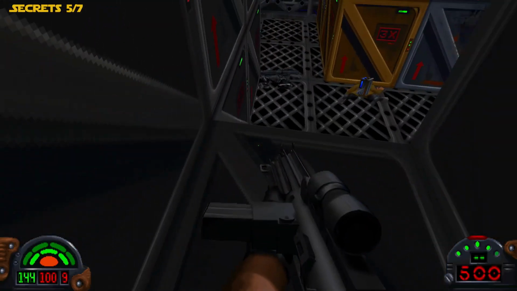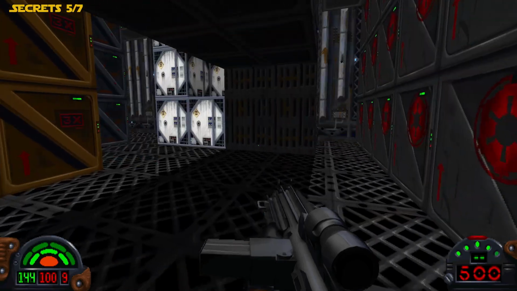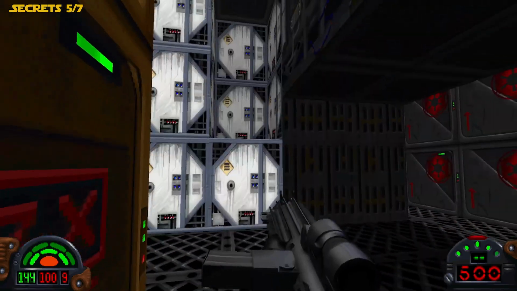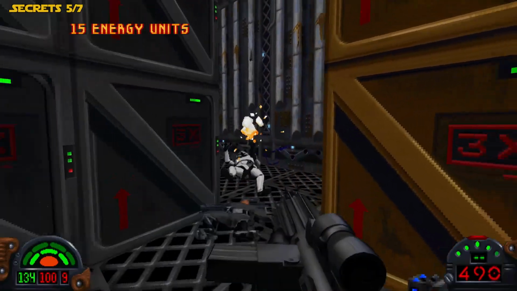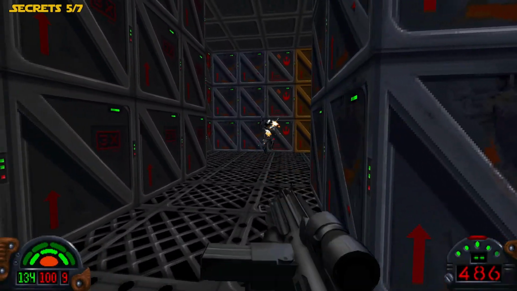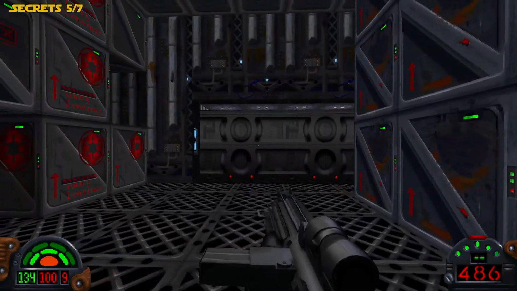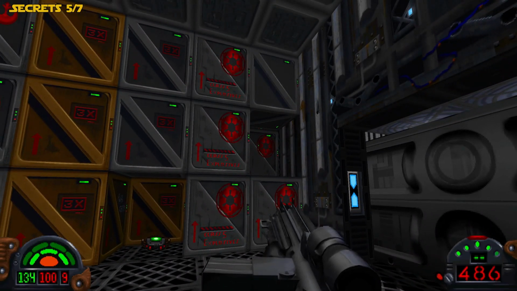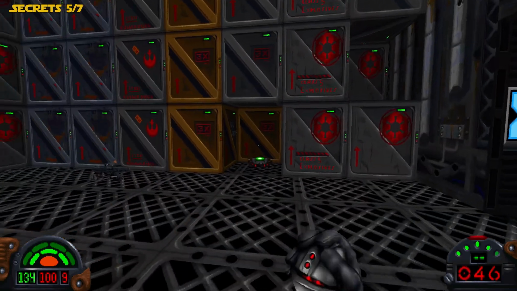You might check some of these crates right here. Some of these crates have ammo or shields or whatnot that you might want to check if you're running low on shields or ammo. But yeah, there's some more shields right there. And then the last two secrets are located right there and right there. These two. So...